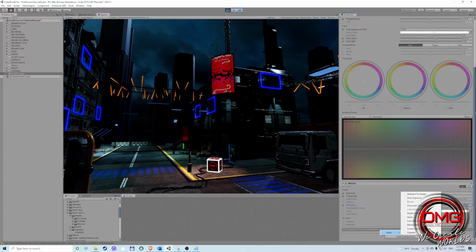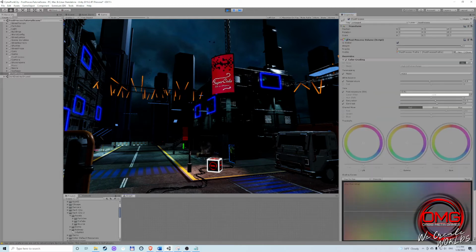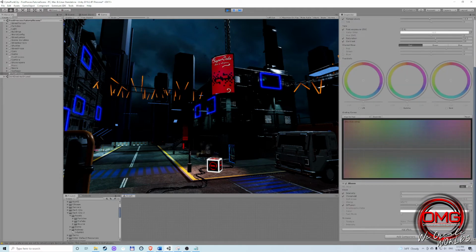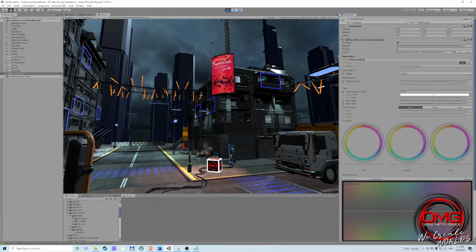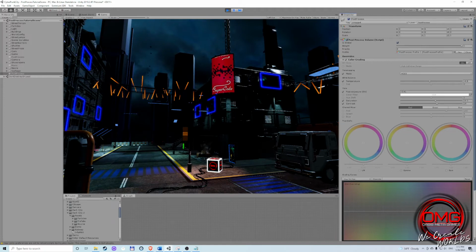Here I already work with the light in a different way. A lot of other stuff, feel free to play with it. Let's keep this tutorial really simple. So with these two, the color grading and bloom, you can do huge stuff for your scene. You can disable the post-process to see how it looked originally, and now it's quite more dark